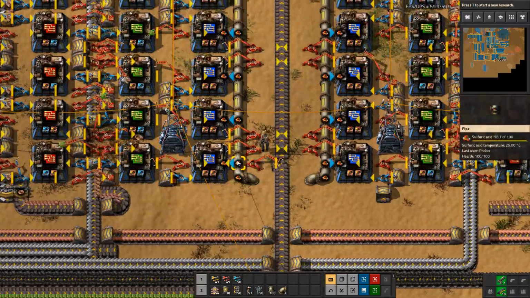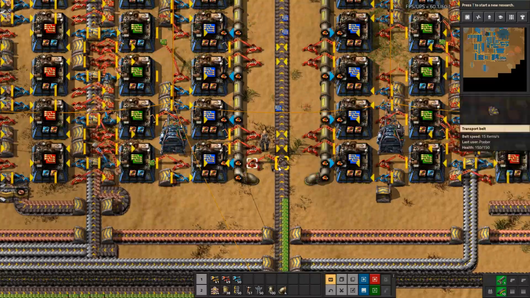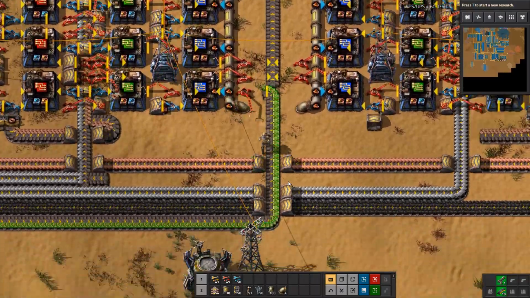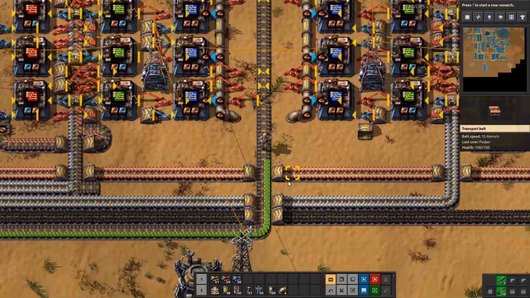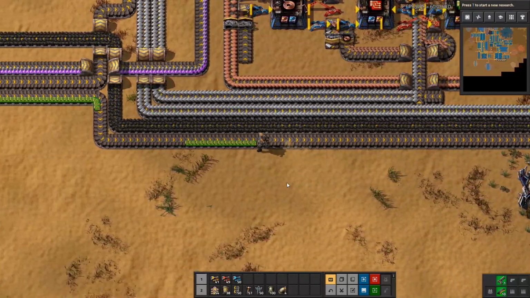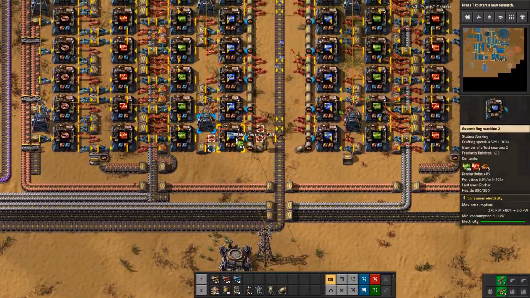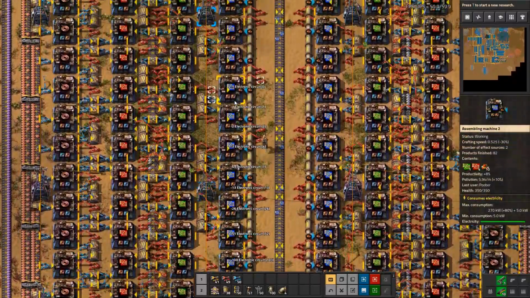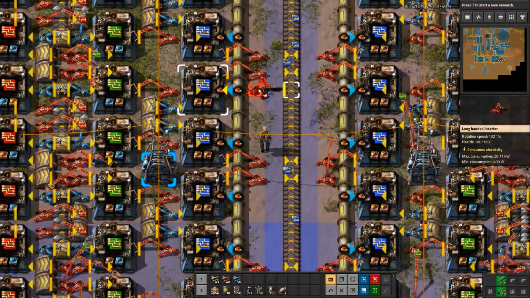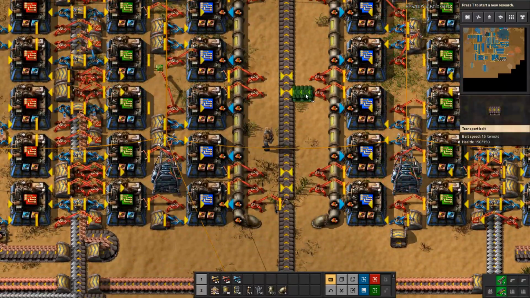If only I could change the acid input location. For now, let's just suck up a bunch, and I'm going to be hand feeding the green circuits into the blue circuit assemblers. Like that. You'd think we'd have room. Hold on. What if we...